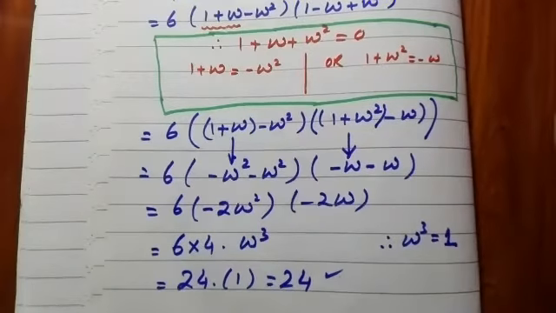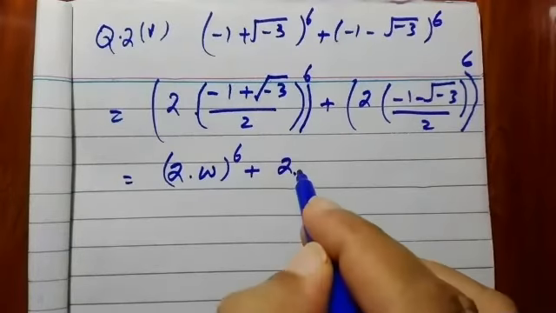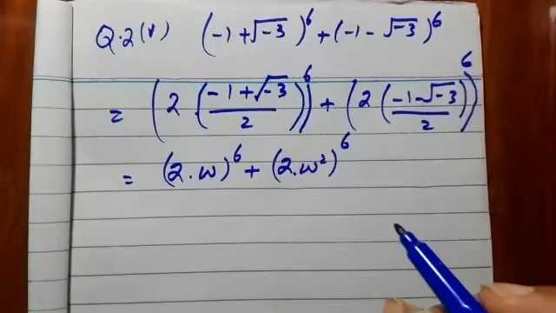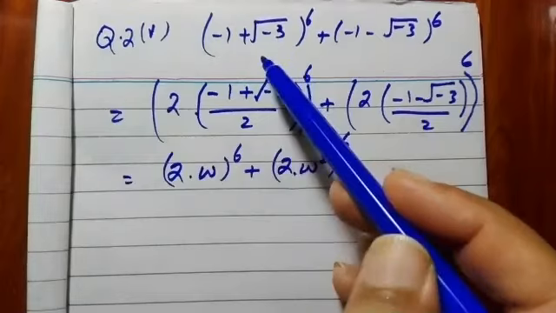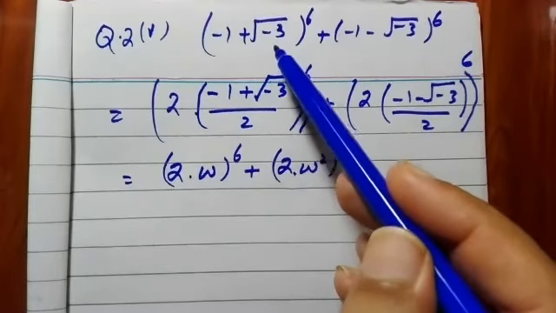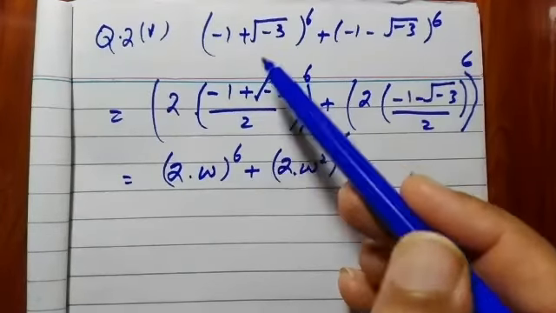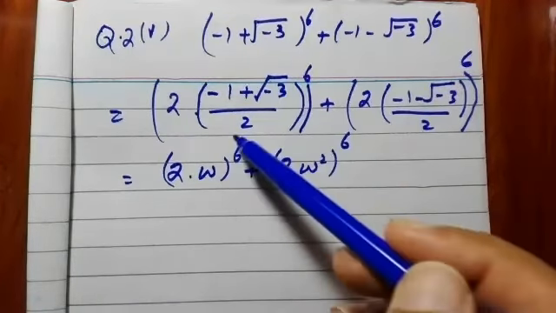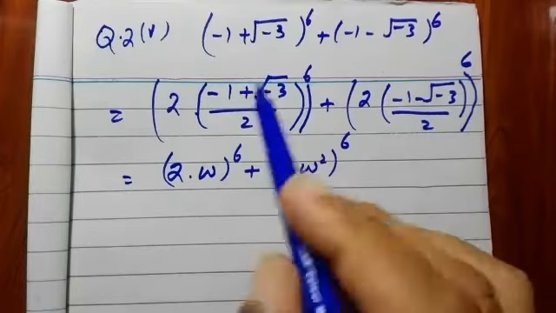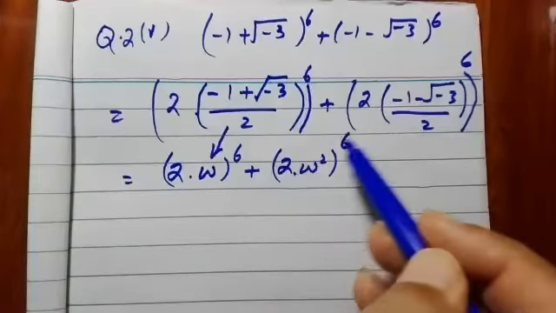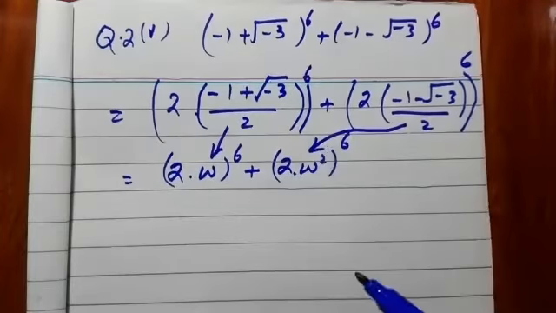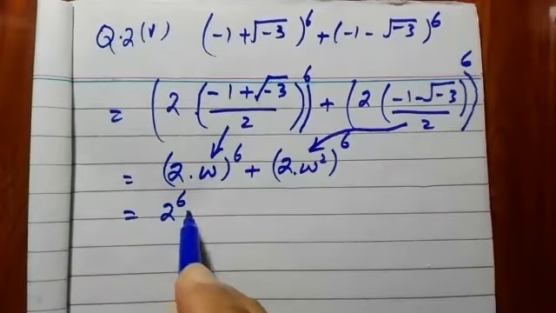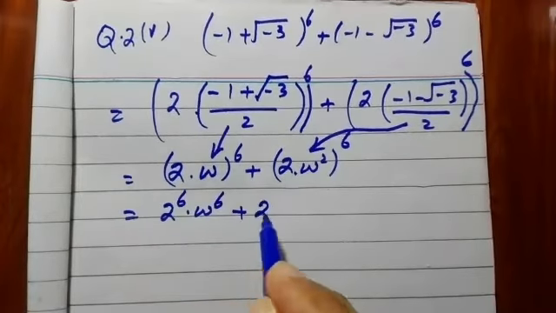If you want to ask anything, so for omega square, this is the value of omega square, and then raised to power 6, like this one. So what we will do, actually the question is in some disguised form. You have to put the value of 2 omega, but how can you do it? You will first multiply and divide the term by 2 within both of these brackets, so that you can generate the shape of omega. So this is omega, and it is the value of omega square. So once it is done, now further you have to simply take it up, like it will become 2 raised to power 6 dot omega raised to power 6. I'm completing the question as well.